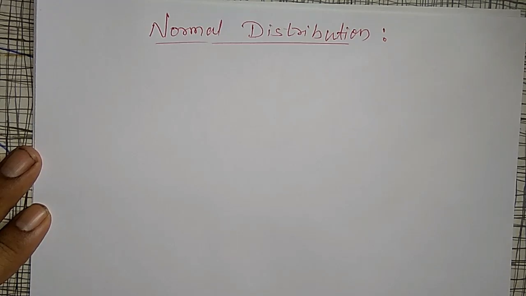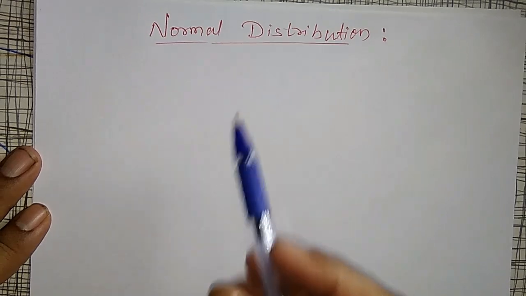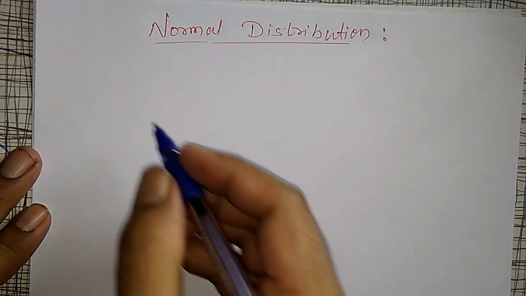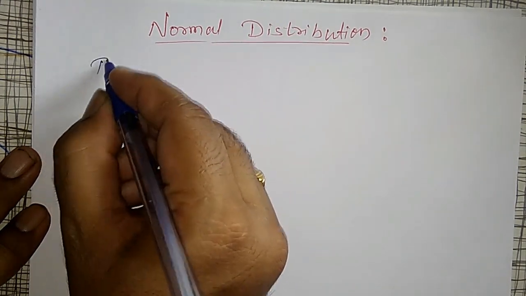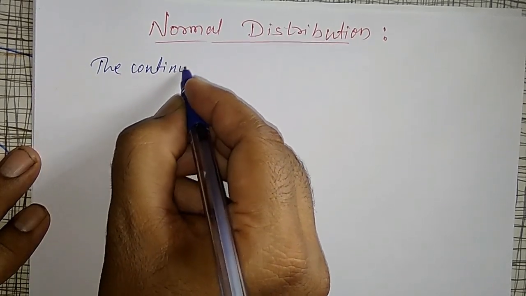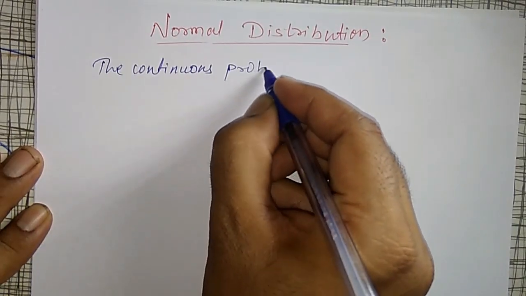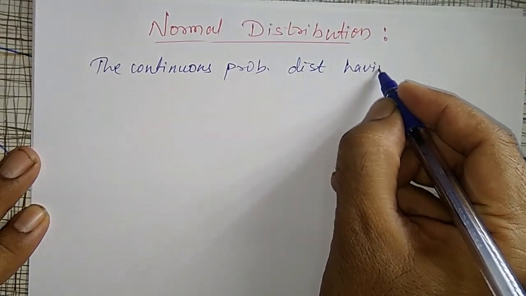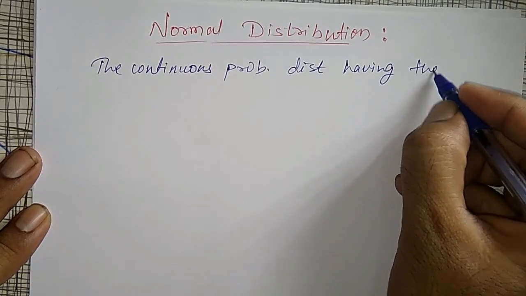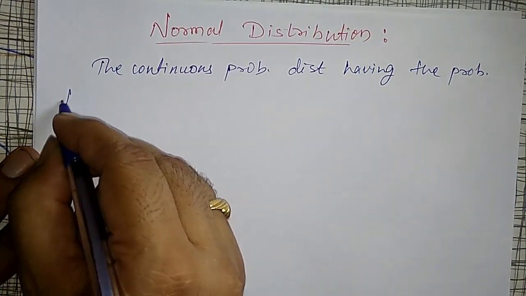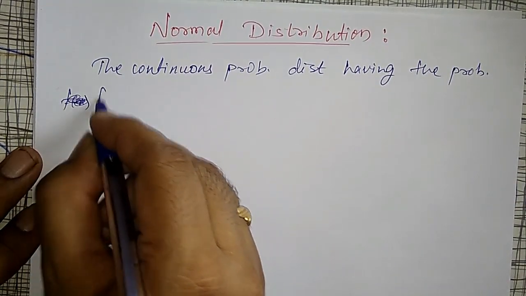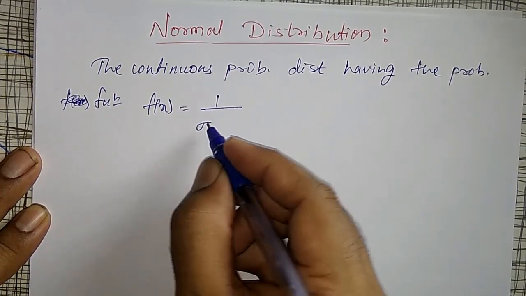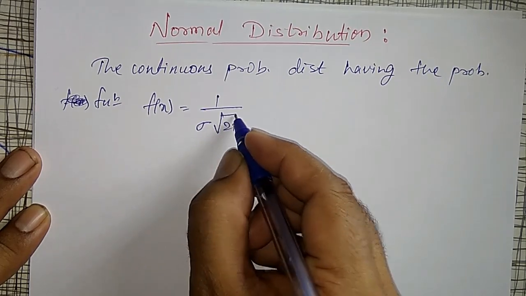Friends, here I am introducing the next distribution, the normal distribution. This normal distribution is again nothing but a continuous distribution only. The continuous probability distribution having the probability density function f of x is equal to 1 divided by sigma into square root of 2 pi into e